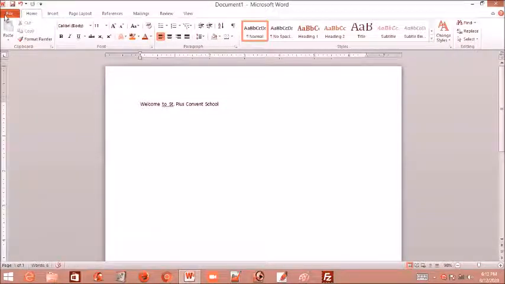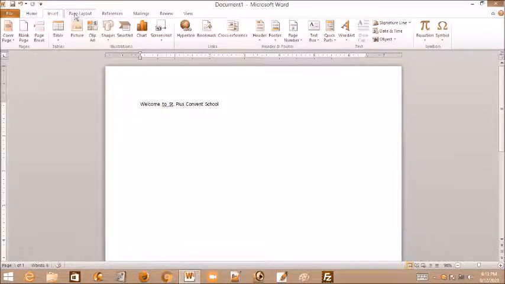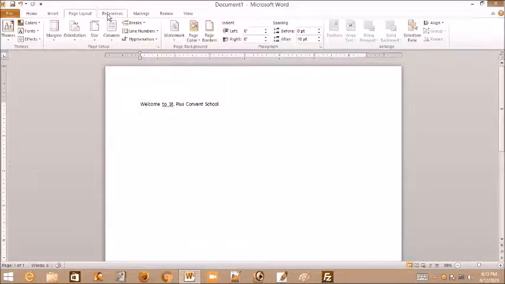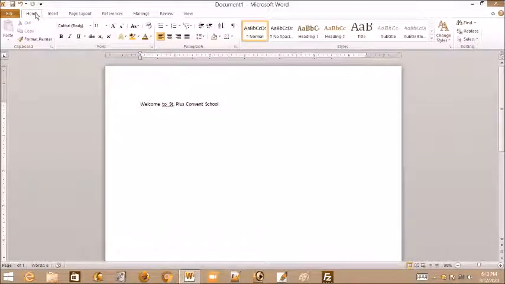So, this is the ribbon. Okay, this whole thing is the ribbon. There are many options in the ribbon, and these are the tabs: File tab, Home tab, Insert, Page Layout, References, like this. Okay, so we are in the Home tab now, and see, the options will change. This is the Insert tab, this is Page Layout, References, like this. Okay, so we are in the Home tab now, and these are different groups: Font, Paragraph, Styles, like this.